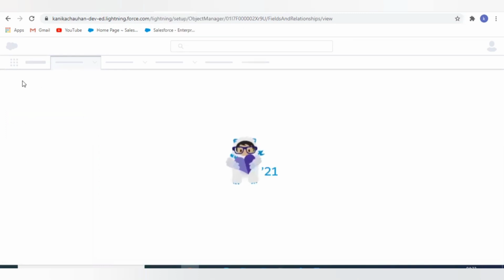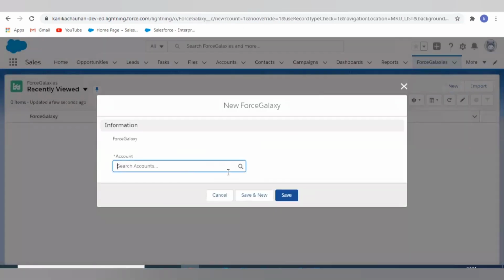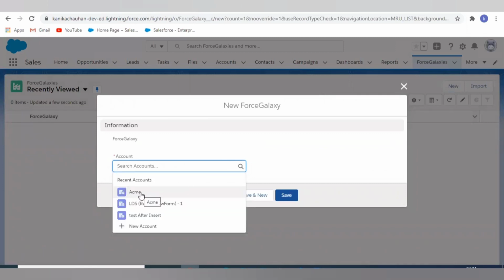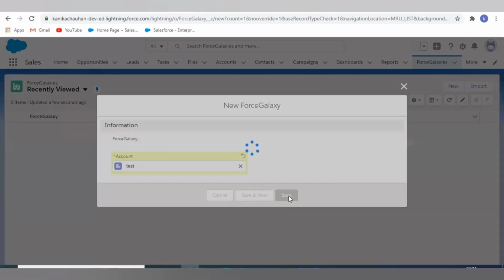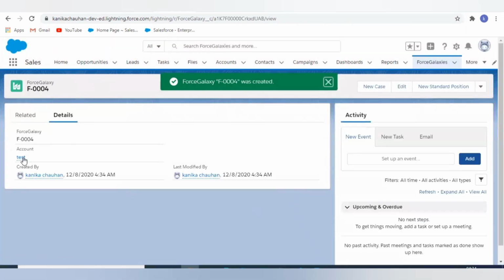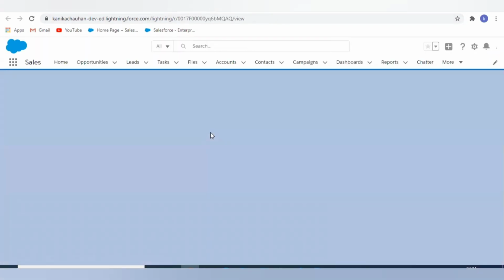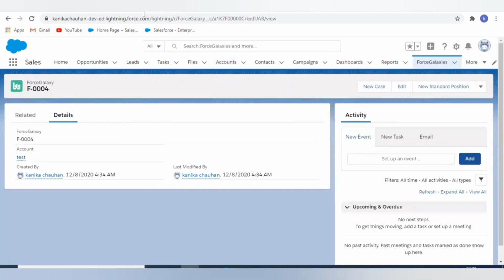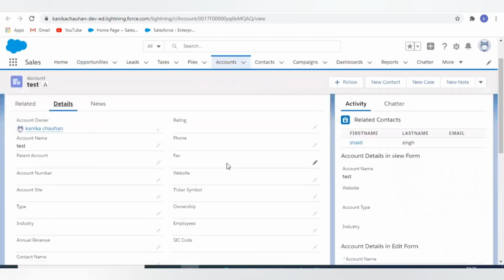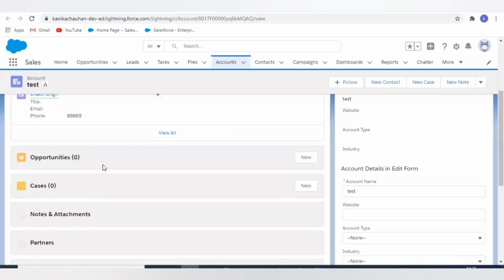Now moving to the detail page. Now let's create a new record. Here is my parent object account, selecting account, save. Now as in my master detail relationship, my objects are tightly coupled, which means if I delete its parent object, then all its related records, that is its child records, will get deleted.